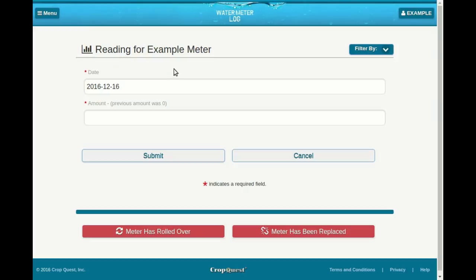This allows for a quick entry when you're at the field, on your phone, or on your tablet. You can simply tap on the meter that's on the dashboard and it will bring you directly to the meter reading entry form. So because this meter was created with a January 1st allocation begin date, I'm going to go